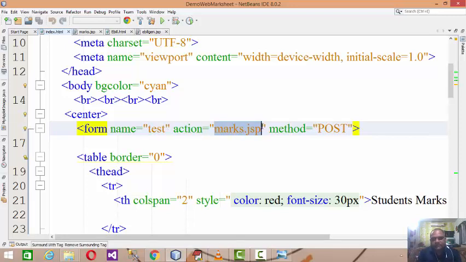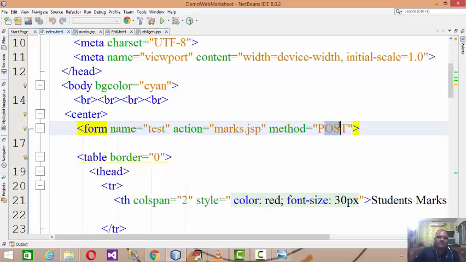Now we already discussed the action attribute. In the action attribute, you have to specify the name of that server side page which is responsible for processing the data, like data of the request sent by the user. That's why action equals to the name of the server side page, and method equals to post. Means as there are two types of methods, get and post. If you are going to post the data which is available in the form, and if the volume of data is vast, then in such situations you have to use a method called post.